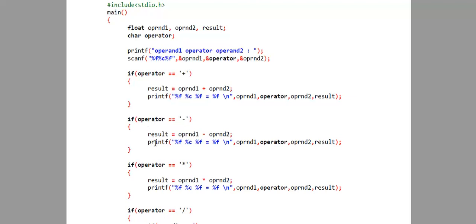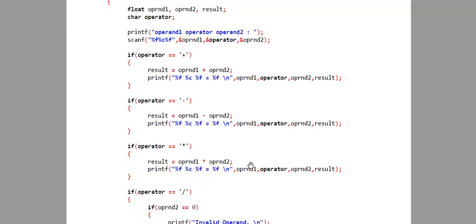If this is true, then result is equal to operand 1 minus operand 2. Then the printf statement is exactly the same as this. If the user has given 5 minus 2, we will display 5 minus 2 is equal to 3.